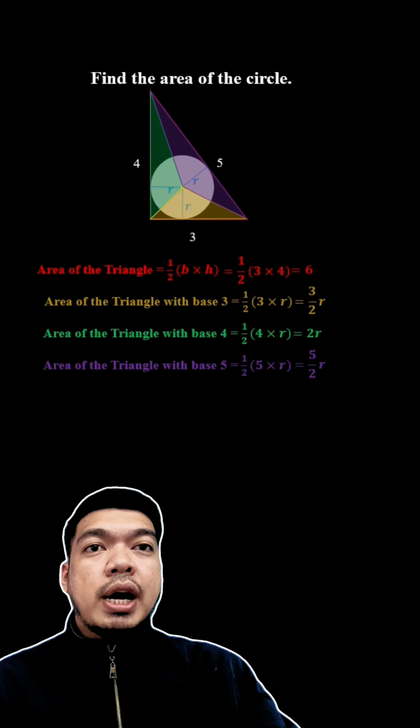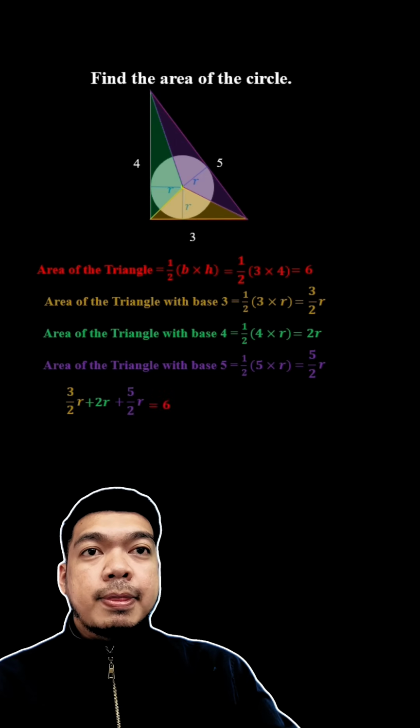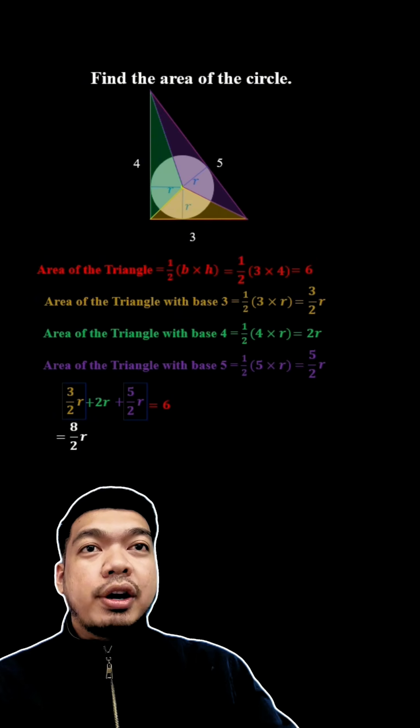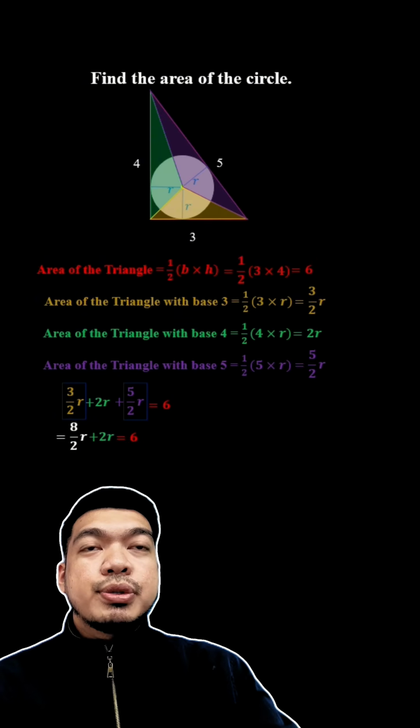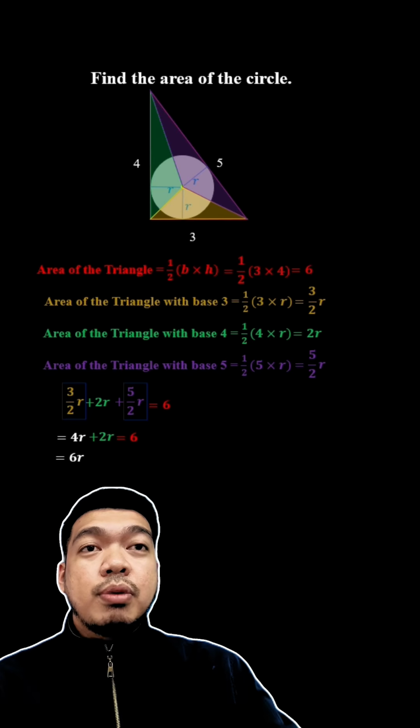So if I add these areas, it will be equal to 6, which is the area of the whole triangle. Adding 3/2 r and 5/2 r, that is equal to 8/2 r, and 8/2 r is just equal to 4r. So 4r plus 2r is equal to 6r, which is equal to 6, which means that our radius